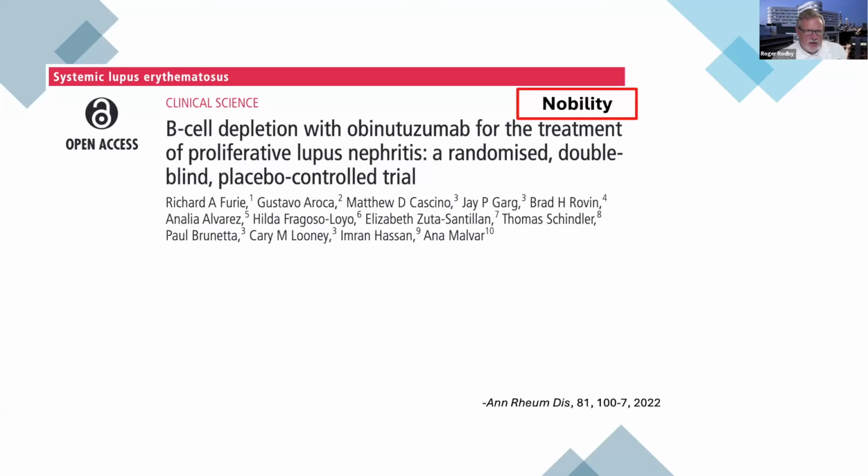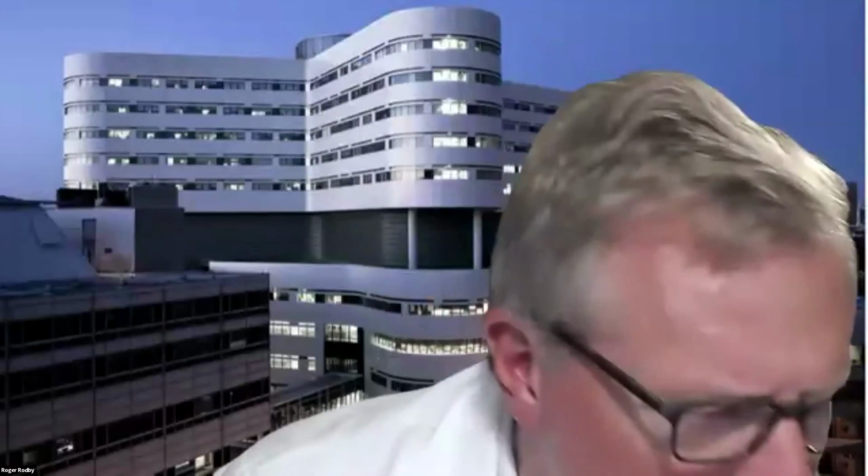Bill, do you remember the dose that they used back then? Were they doing the standard 2-gram type of dose? That's a good question. I don't know that. I could look that up and get that for you, though. In LUNAR, it was the 375 times 4. Times 4, okay. And they did look at, even that achieved B-cell depletion in a certain subset. And so those that achieved it actually had a much better remission. Didn't they also get cyclophosphamide? In LUNAR, well, maybe there was a subset there for induction, but I thought their standard was CellCept for induction. Okay, MMF, fair enough.